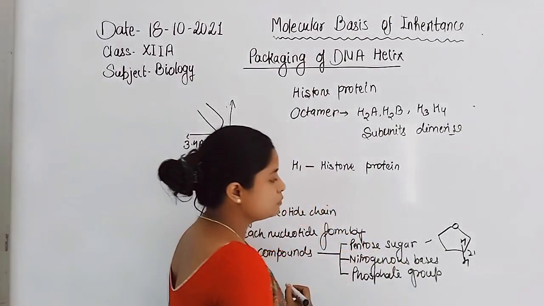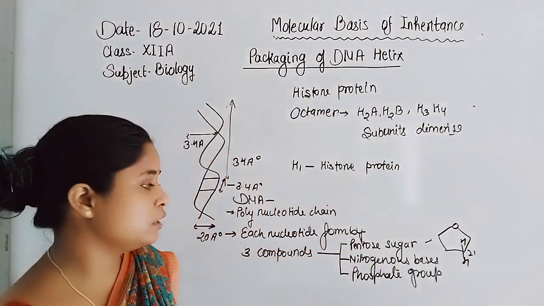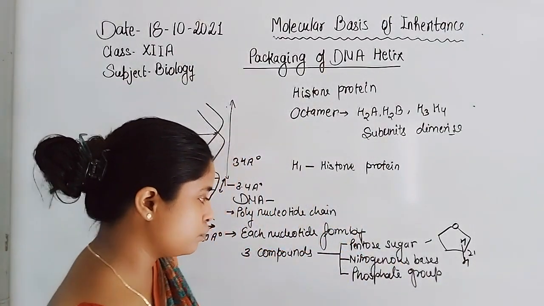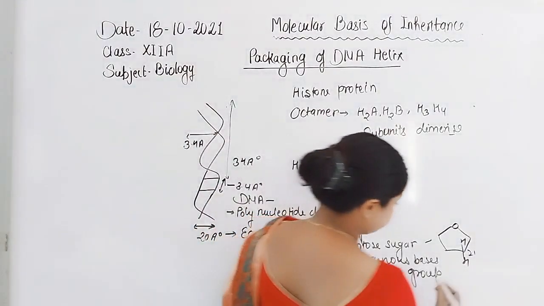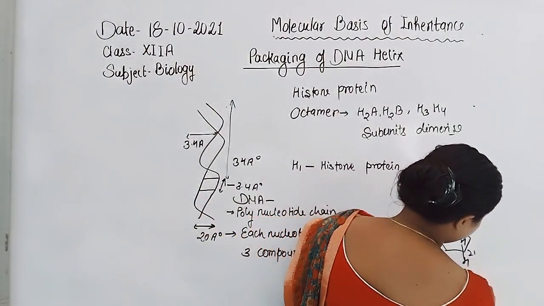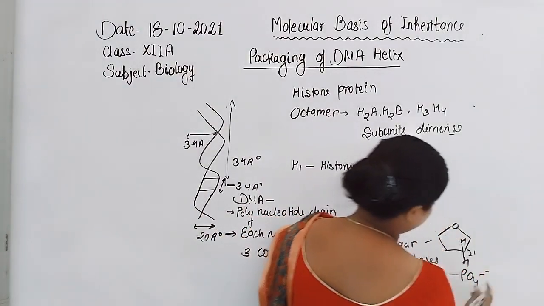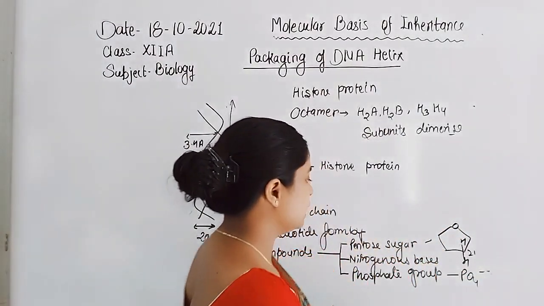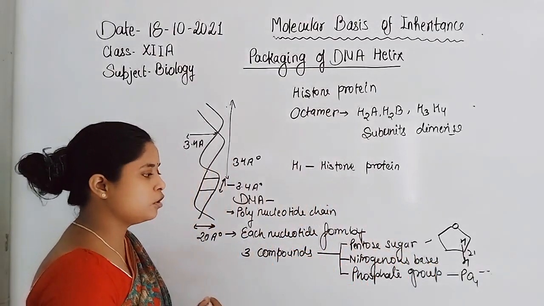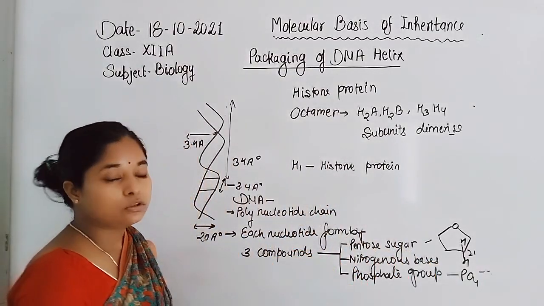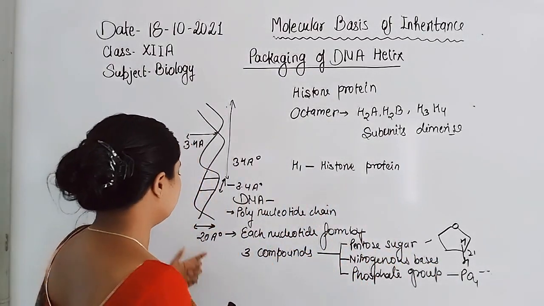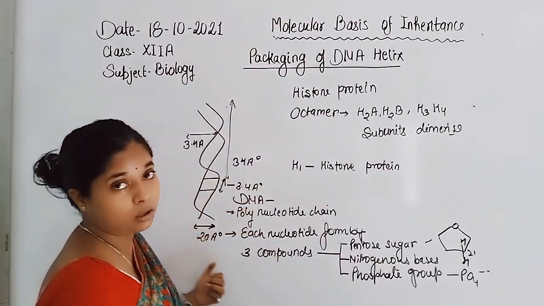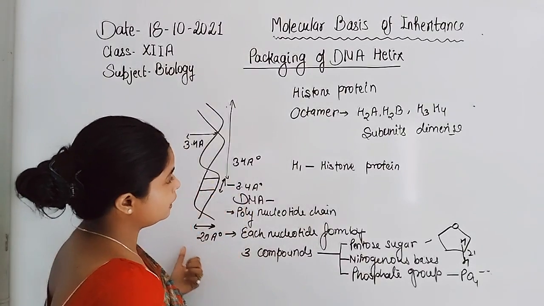Now, nitrogenous bases are of 4 types: adenosine, guanosine, cytosine and thymine. And the phosphate group, PO4 with 2 negative charges over it. That's why every nucleotide consists of a phosphate with 2 negative charges. So overall, if we talk about the charges on DNA, DNA is negatively